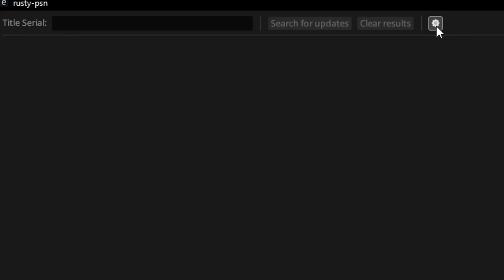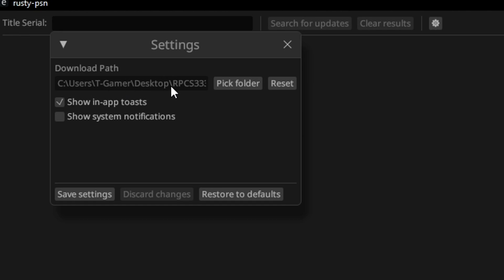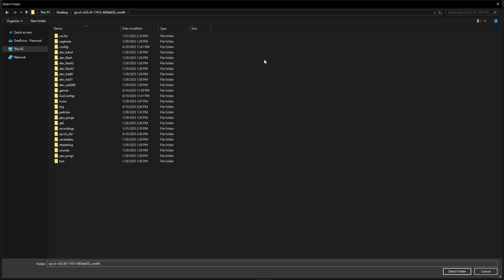Before doing anything else, the first thing I recommend is to click on this little gear icon to choose the download folder of Rusty PSN. By default, it picks the emulator folder, but what I like to do here is click on the pick folder option, and navigate to the emulator folder.